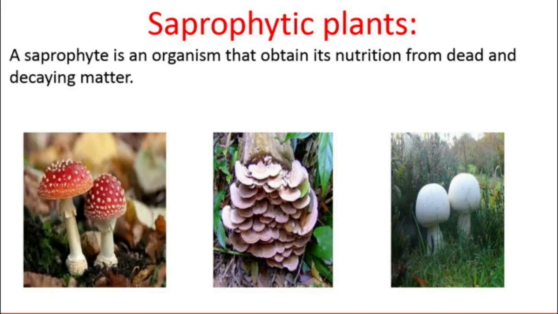Now, you might have observed small umbrella-like structures growing on logs of wood, especially during the rainy season. These are called mushrooms. A mushroom is also a fungus. Its mode of nutrition is saprophytic. A mushroom is an edible fungus because we eat mushrooms and they are available everywhere in the markets every time. But not all mushrooms are edible because there are some mushrooms which are poisonous as well. So you need to be very careful when you select the type of mushrooms.